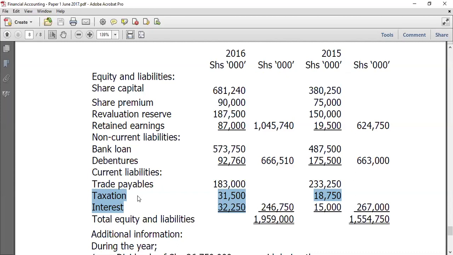So they remain as liabilities. Now, once we come to our cash flow statement, what we only want to know is the interest that was paid and the taxes that were paid. We don't want to know the interest for the year,